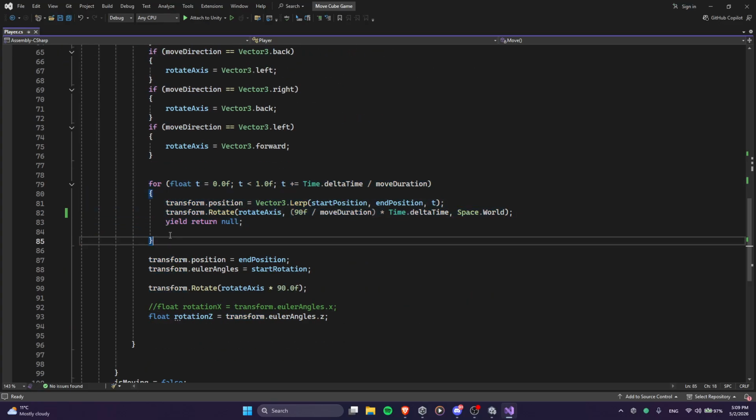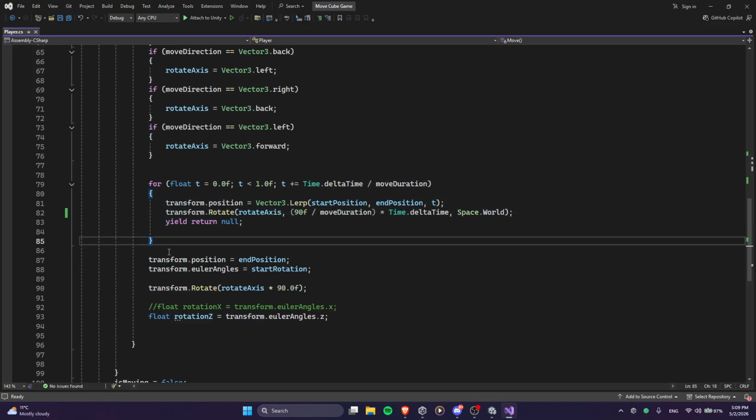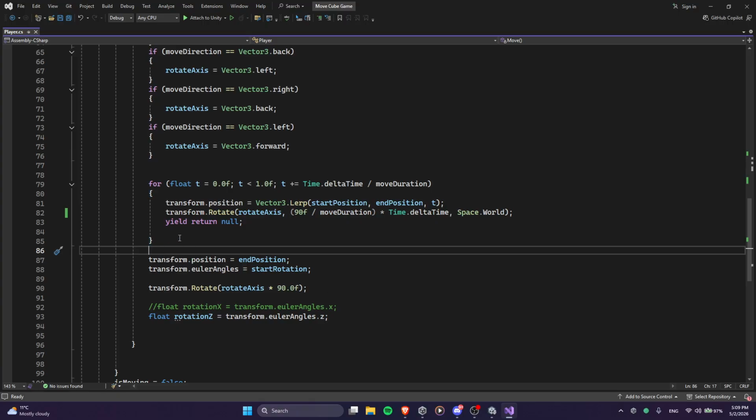And then this for loop, like I showed you before, we move the cube over time, and we rotate it over time here. Don't ask me how this works, I'm not sure, but the idea is this will try to rotate it almost 90 degrees in the direction in which it's moving. It's not perfect. So after this, we have to rotate it perfectly. I was thinking of something very complicated when I first did this, but I found a simpler solution, which is